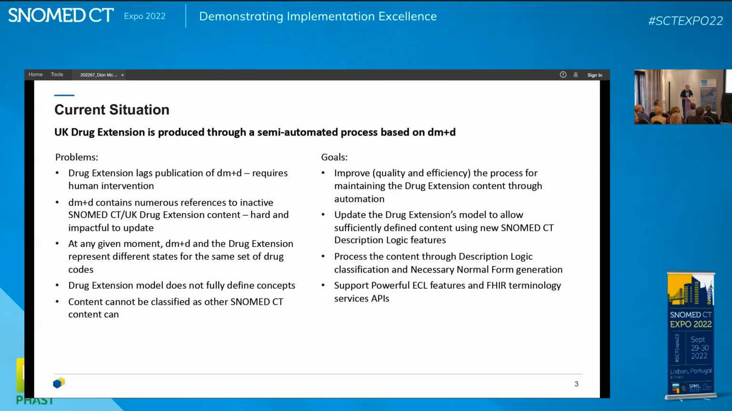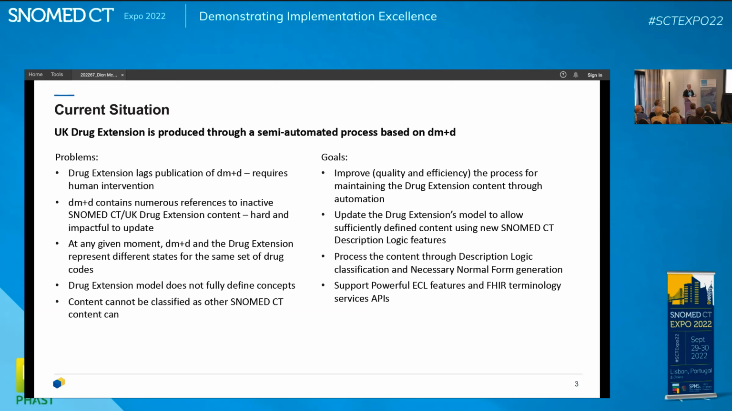Okay. So look, I'll first introduce what we were trying to do, what problem we were trying to solve. So the UK, for those who don't know, there's a thing called dm+d, which has existed for a long time. It is an XML-based distribution heavily implemented in prescribing and dispensing EPS solutions in the UK, particularly community-based, less so